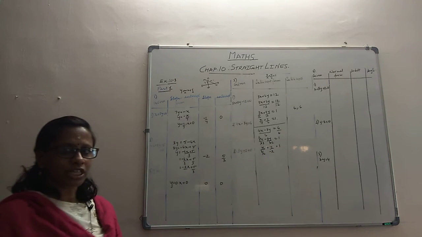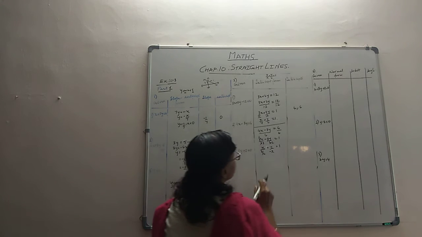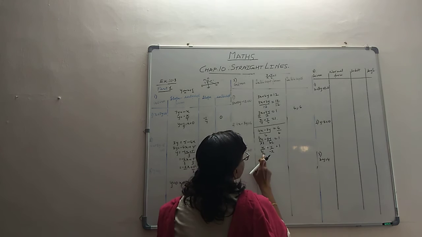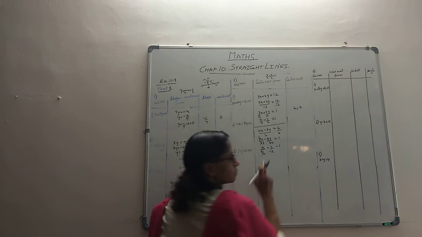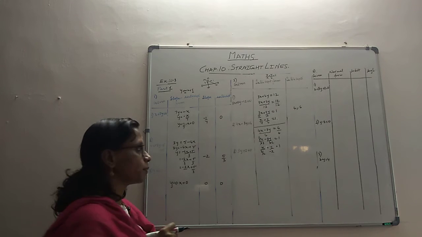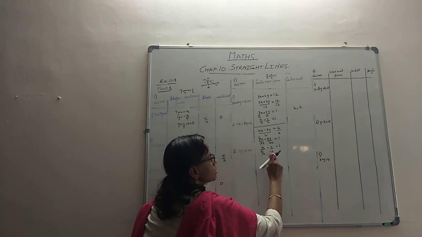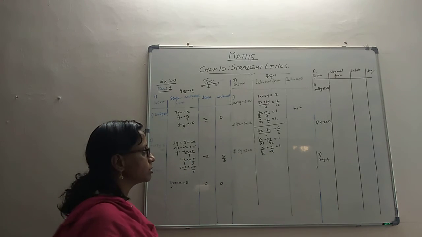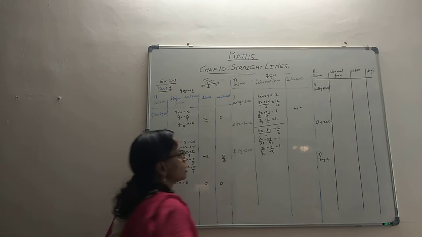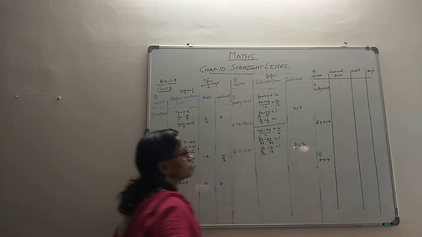Just take a little bit of changes because we want it in that form, x by a plus y by b equal to 1. So writing 3 by 2 divided by 3 by 2, multiplication by the reciprocal, it will become 2x by 3, but when we write it, it will look proper. And then we don't entertain the minus here, it has to be plus, so that minus we take to the denominator. Now we have it in standard form. So the intercepts are 3 by 2 and minus 2.